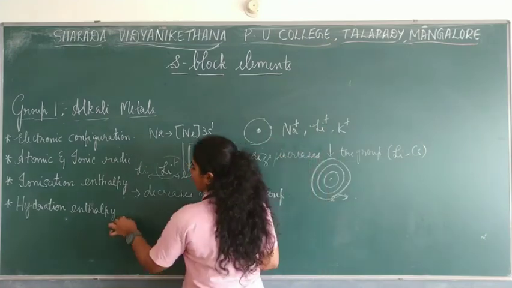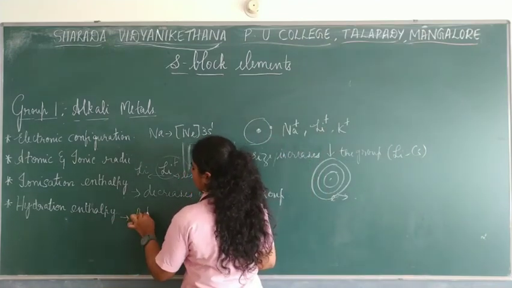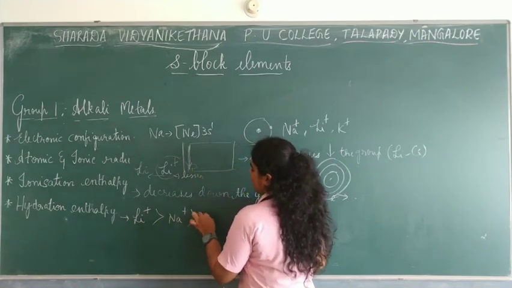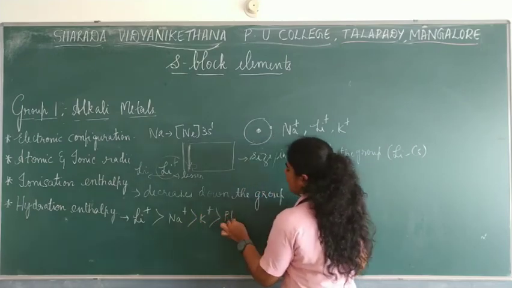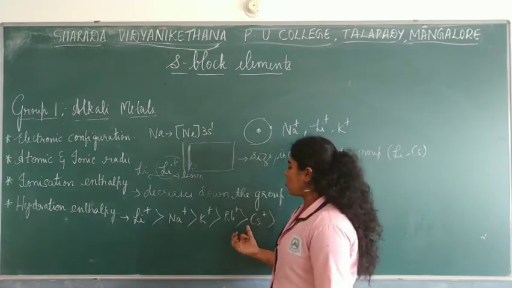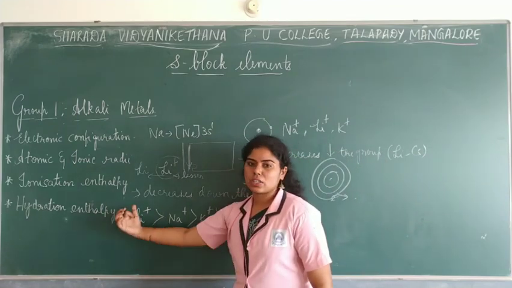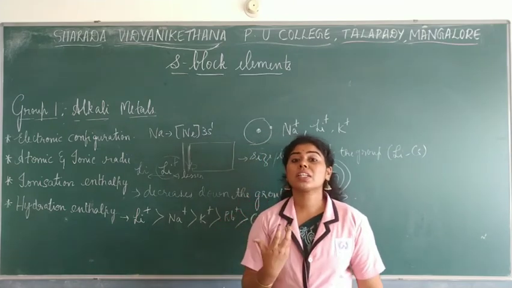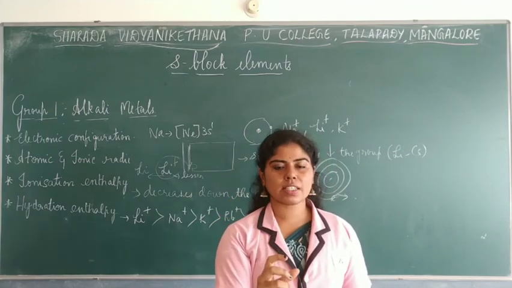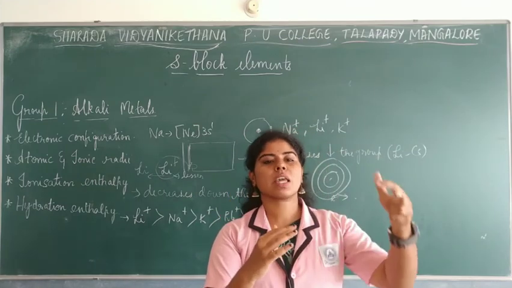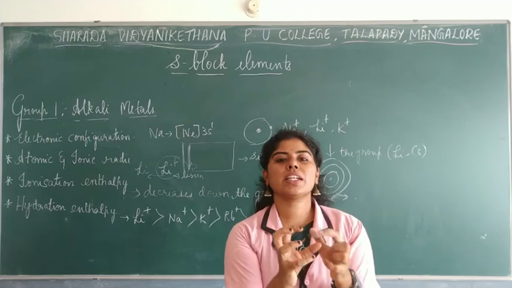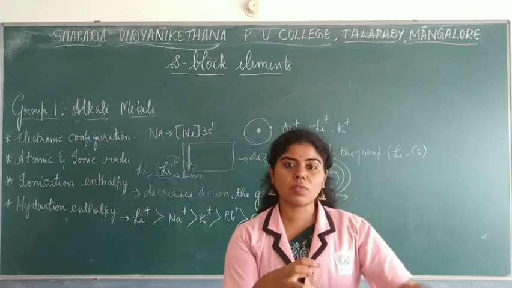So lithium ion will have high hydration enthalpy when you compare it to other elements like sodium, then potassium, then rubidium, cesium and so on. So here higher hydration enthalpy is released for lithium ion. Now what is the reason for this? As you all know, lithium has a smaller size, right? So what happens? The water molecules keep on hydrating them. That means they form a first layer, then they form a second layer. So lithium will be in the center. You are hydrating them. You are making it dissolve in water, right?